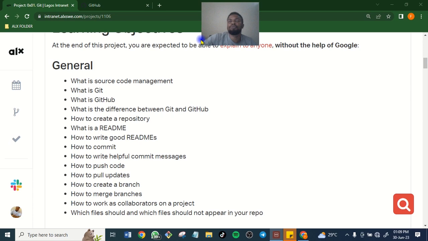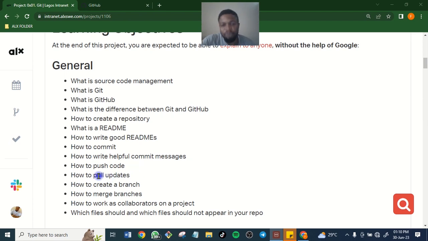You cannot just leave a blank signpost. The signpost is the readme, while the message is inside the commit. So you putting it on the readme makes it a commit. You writing the message, you are writing it in the commit, and you put it in the readme, the signpost, so that people can see. Hope you're getting it. So it's just very simple.